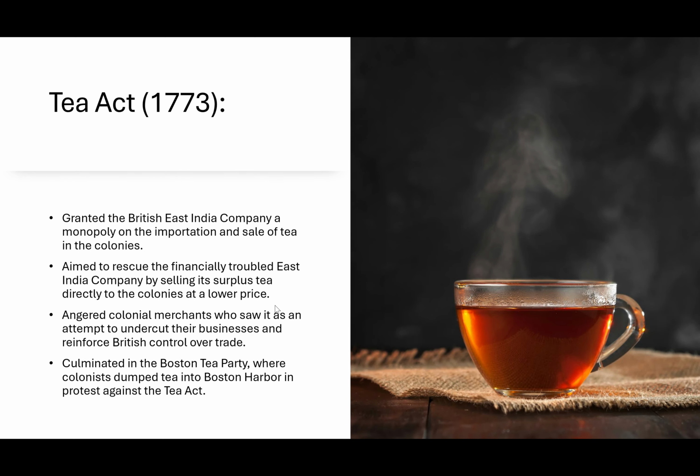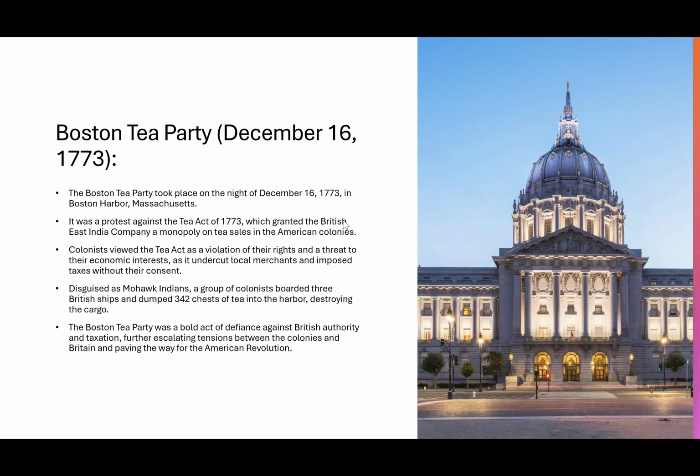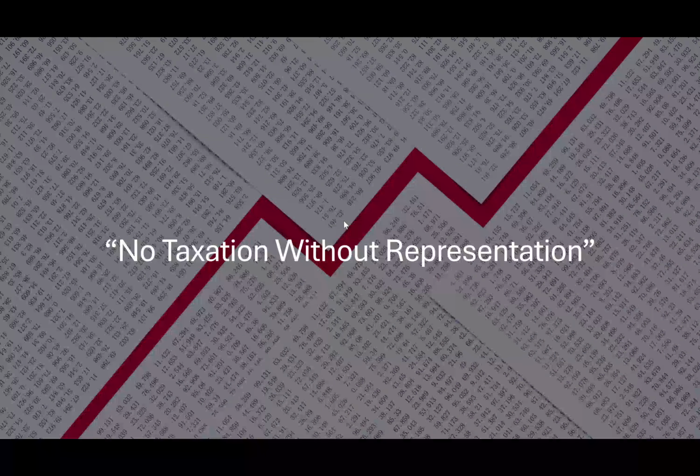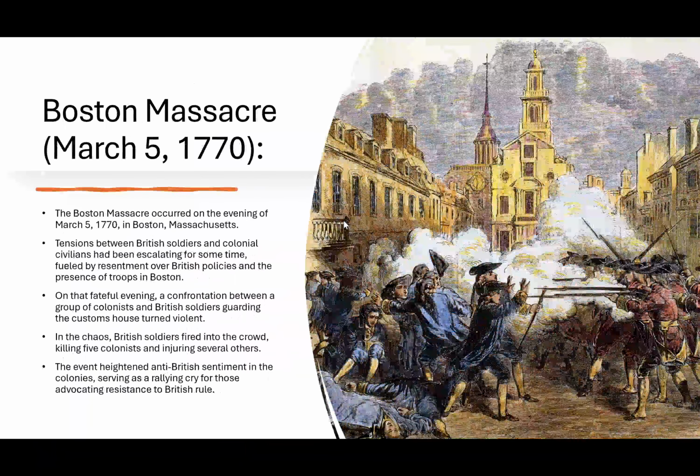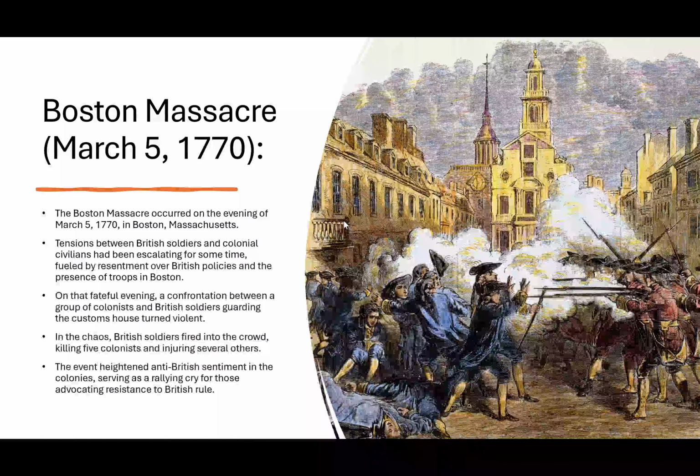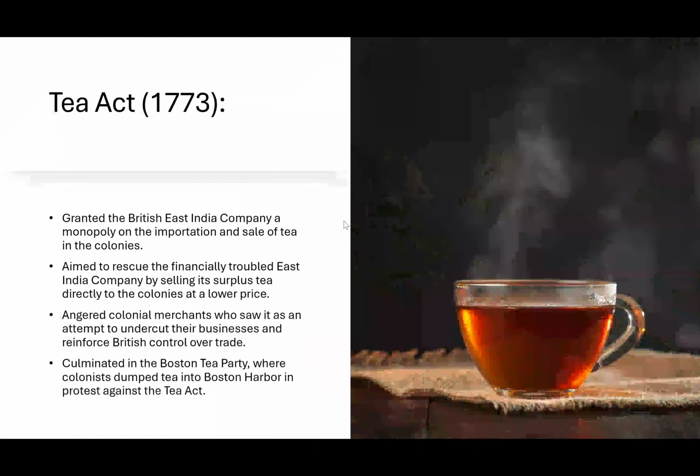Members of the Sons of Liberty went onto some ships and I think threw away a lot of, if it's not sugar, it's... Some Bostonians hid their identity and boarded a British ship and dumped 342 chests of tea into the Boston Harbor.